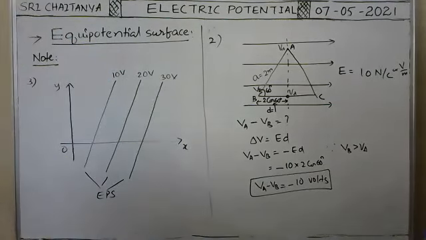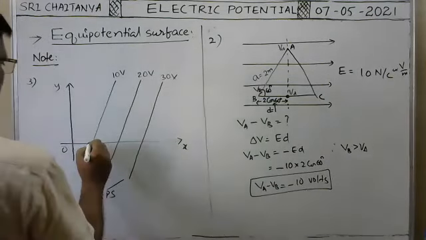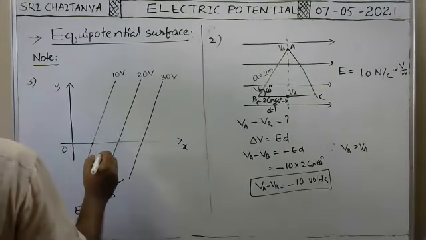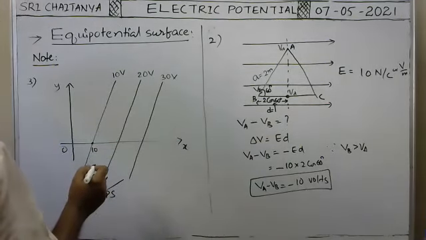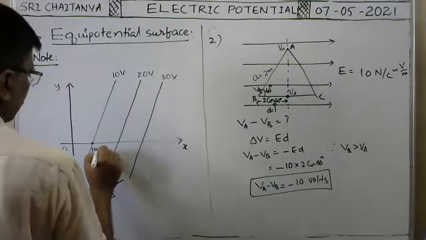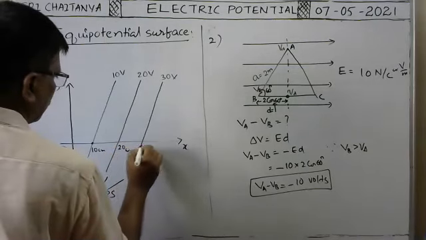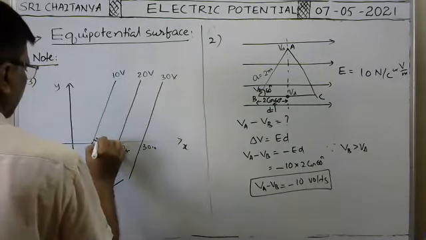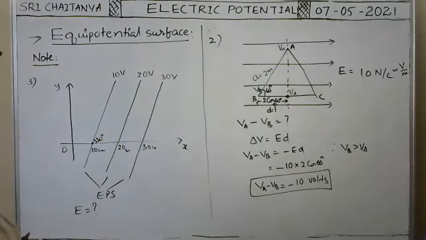What is the intensity of electric field? That is the question asked. Here we are given the position of this point along the x-axis as 10. These are in SI system only, 10 meter, I think. No, centimeters. In centimeters it is given: 10 centimeter, 20 centimeter, 30 centimeter. Here this angle is given as 30 degree. Of course, as these are all parallel to each other, this 30, this 30. Now, what is the intensity of electric field? That is the question they ask.